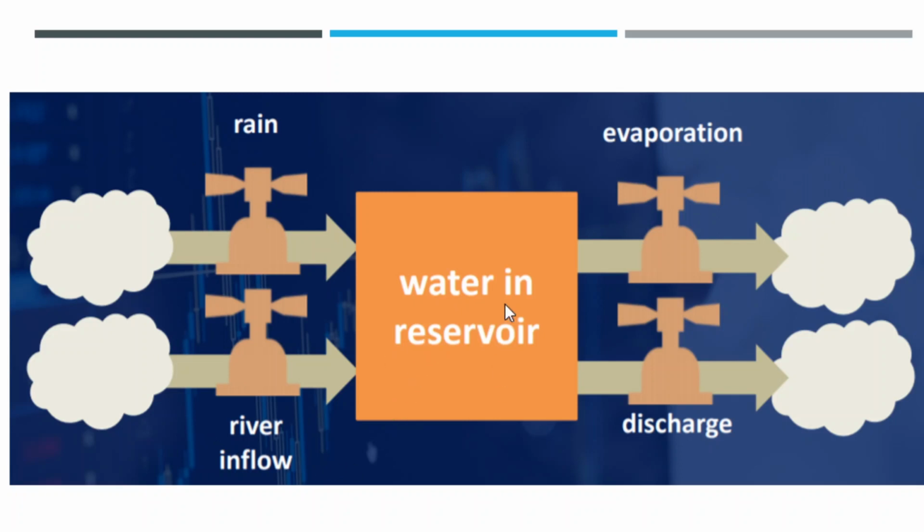Next, paano naman nababawasan? For example, nag-evaporate, diba? Alam niyo naman sa water cycle, nag-evaporate yung tubig, nababawasan yan talaga. And what else? Discharge. For example, syempre kailangan natin ng water sa faucet. Kailangan mag-supply ng dam ng tubig sa mga mamamayan. So, nababawasan ngayon ang water in the dam or water in the reservoir. Next, okay? So again, ito yung stock, maraming inflow events at maraming outflow events. It's the same in the systems in a company, okay?